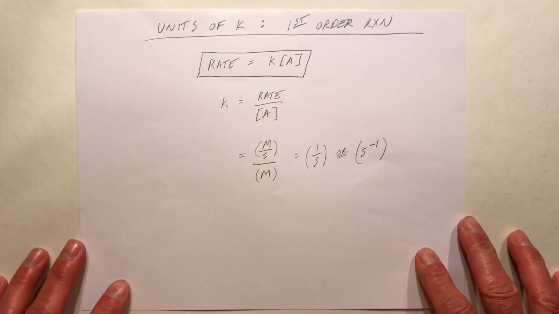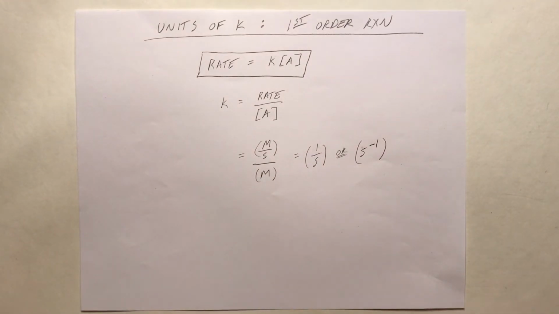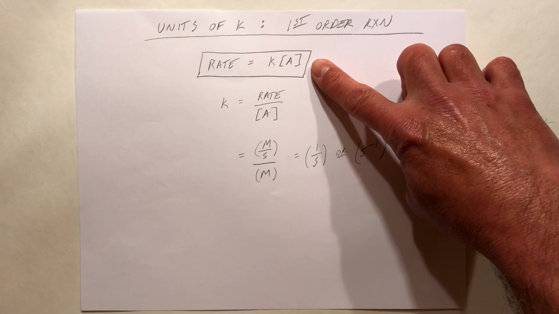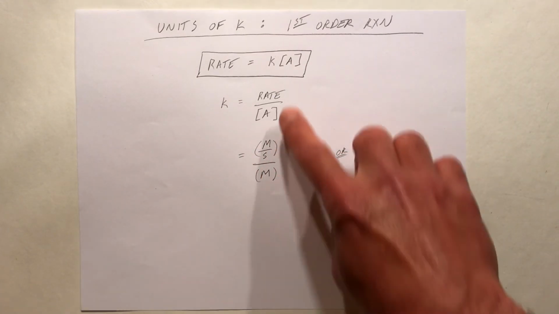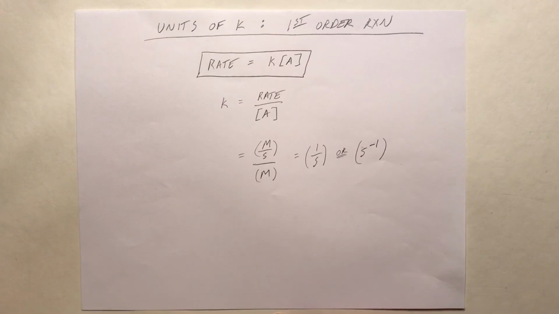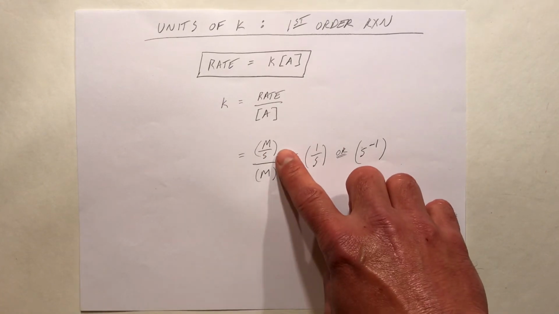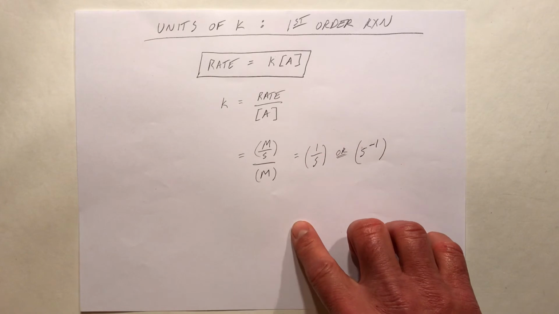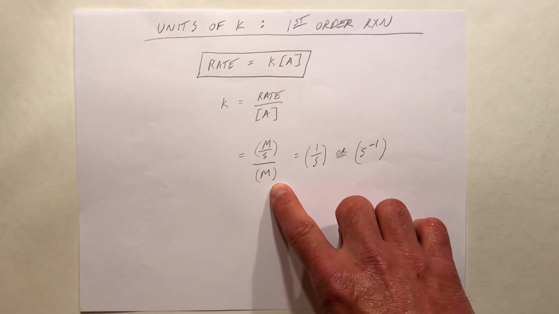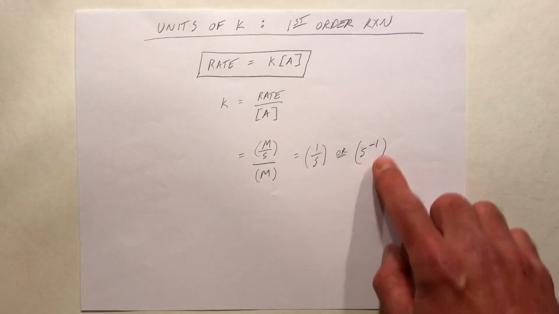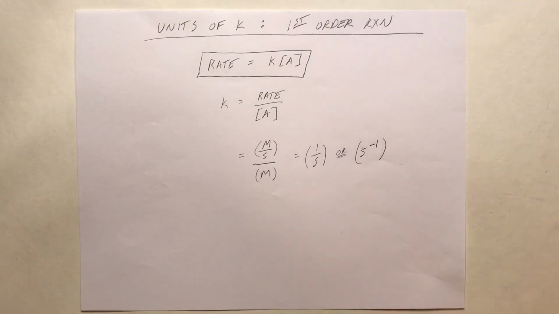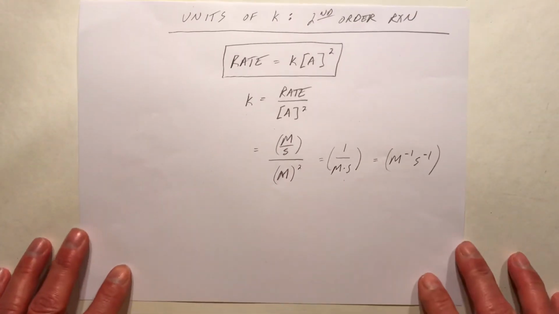Here's a first order reaction. To find the units of K, we write the differential rate law, solve for K, and we get rate over concentration of chemical A. Plug in the rate, molarity per second, and the concentration, molarity. Now the molarity is going to cancel out, and we'll get inverse seconds, or seconds to the -1 power, as our units of K. Notice they were different there than zero order, and they're going to be different here too